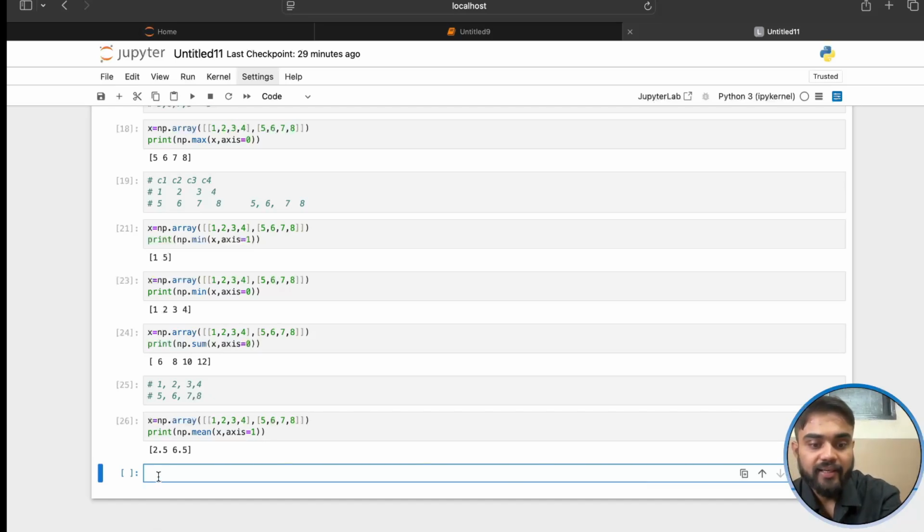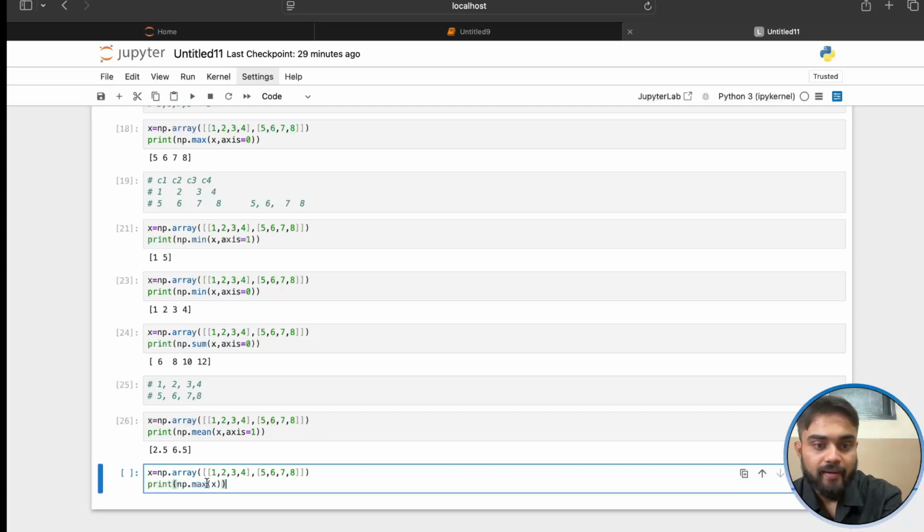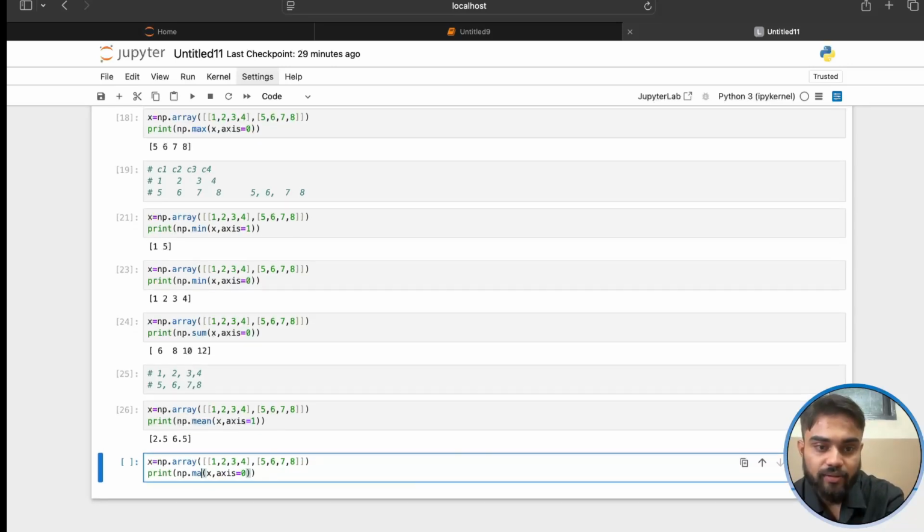Okay, and here we are going to mention command V, and this time we are going to put the axis is equal to 0. आपको पता है axis is equal to 0 किसके लिए होता है? प्लीज़ बताओ किसके लिए, कमेंट सेक्शन में ज़रूर बताना। axis is equal to 0 होता है वो कॉलम वाइज।